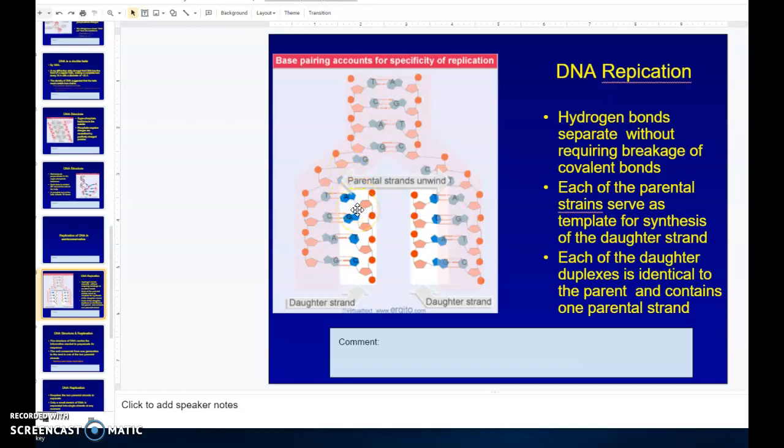So when you get this thing all unzipped and you've matched all the A's and T's and G's and C's and put in new sugar and phosphate bases, you will have two complete sets of DNA, but it's semi-conservative because the parent strand is still in each